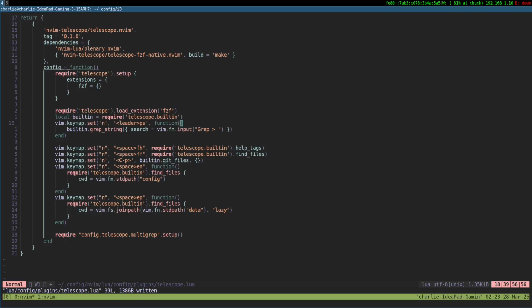Require telescope builtin, is that the problem? Okay, it's not a git repo.